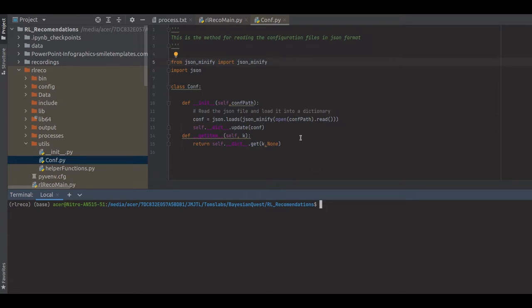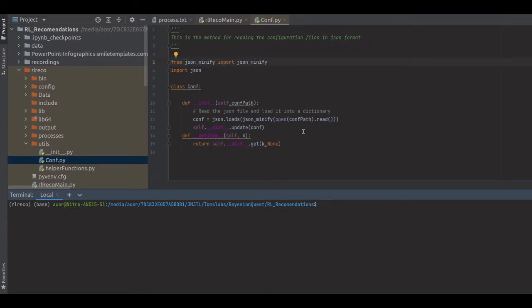Now this particular class is a very simple class. What it does is it just loads the configuration file. The configuration file contains all the parameters which we require for the application. Rather than hard coding them into your code, we give them as parameters in a separate file, so that you have the ability to change them. That's what the configuration file is for. We'll create it next.